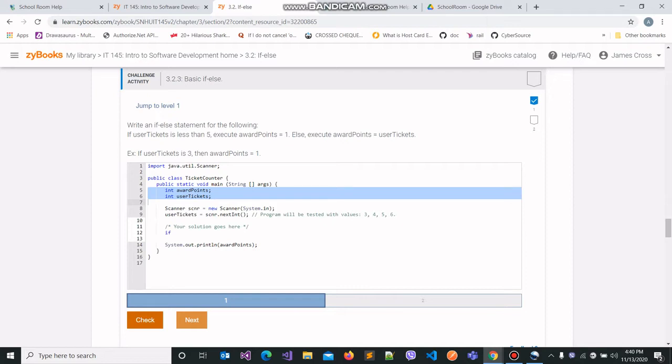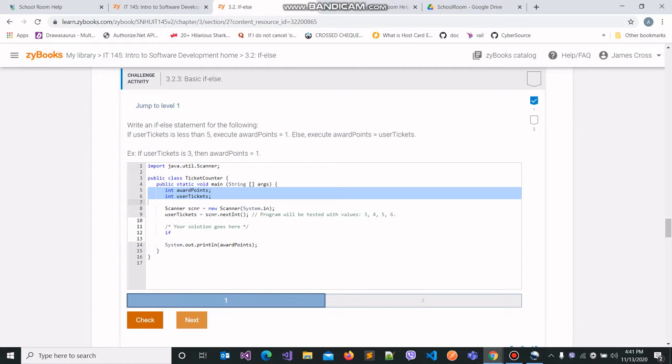Imagine you are going to a cinema to buy movie tickets. The cinema has a loyalty program through which they award you loyalty points, and using those points, you could in the near future avail some awesome discounts or get free snacks, etc. But the cinema has a certain rule through which they award you those points. The rule is that if you buy less than 5 tickets, then you're only going to be awarded 1 point. However, if you buy more than 5 tickets, then you're going to be awarded the same number of points as the number of tickets that you bought.